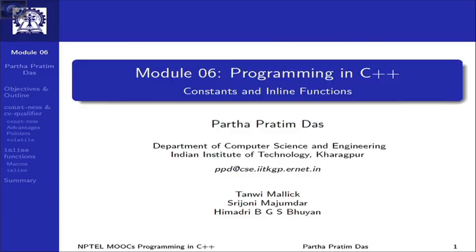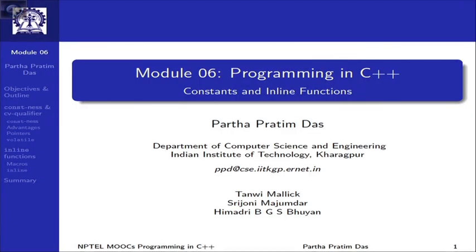Welcome to module 6 in programming in C++ again. We have already discussed the notion of constness in this module. We have discussed how, in place of using a manifest constant, we can use the const declaration to qualify a variable declaration, and how it does not allow us to change the value of a variable once it has been declared and initialized. We have also shown how constness works with pointers and talked about the constant pointer and constness of the pointed data. We will continue on that, and next we will